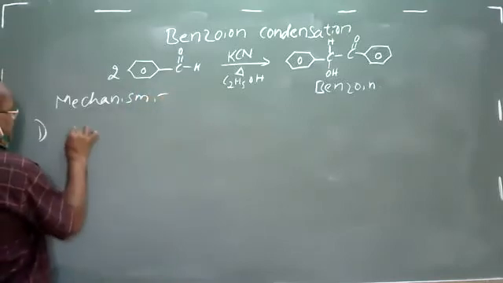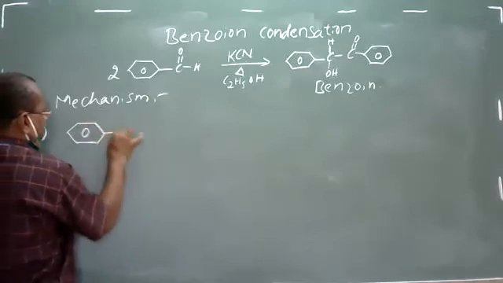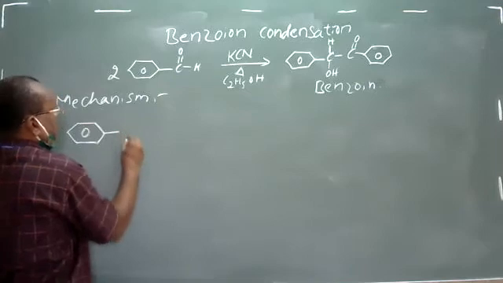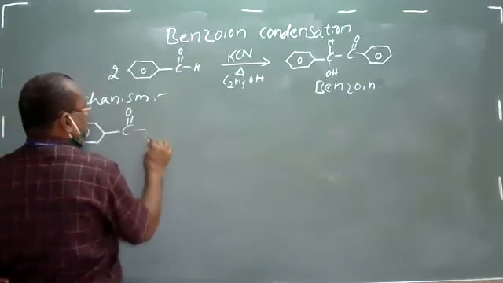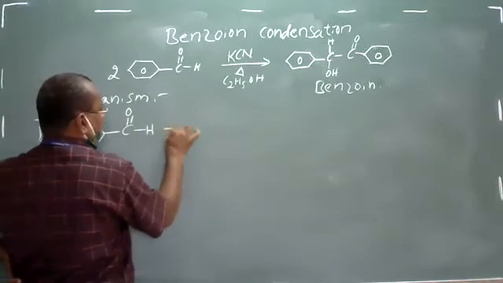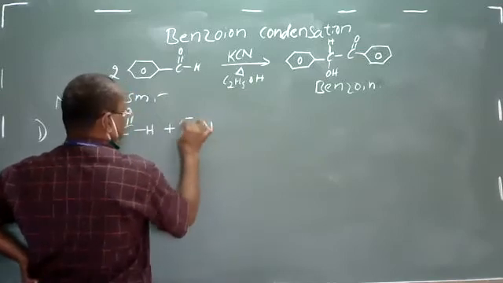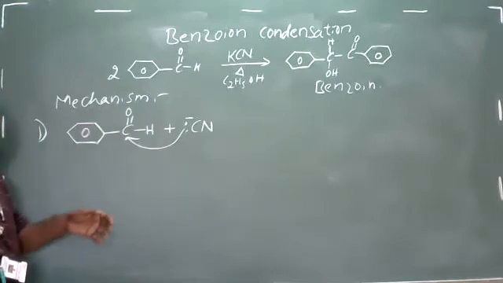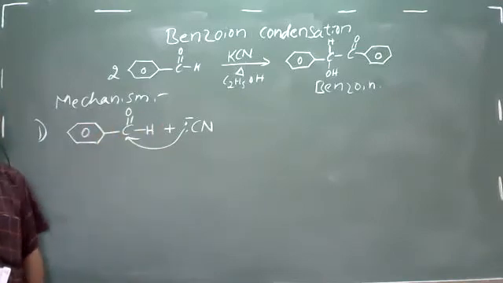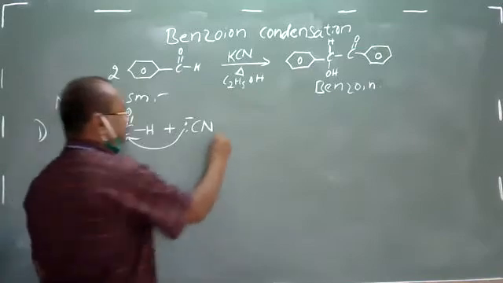In step 1, one molecule of benzaldehyde is going to react with KCN. That KCN will split up into K plus and CN minus, and that CN minus is a nucleophile which is going to attack the carbonyl carbon of the benzaldehyde. It attacks this, thus it forms